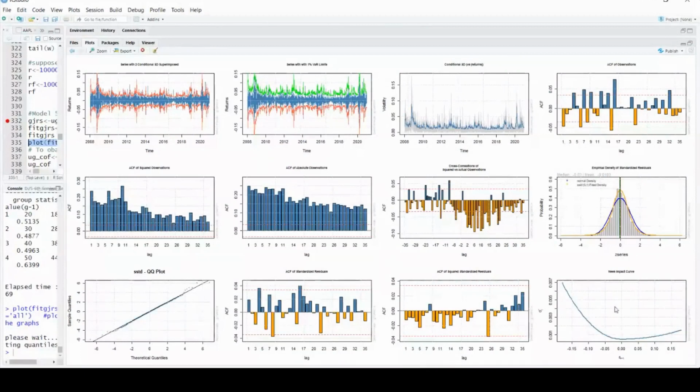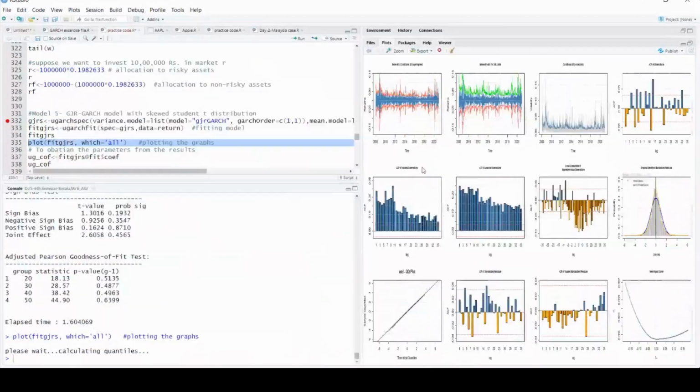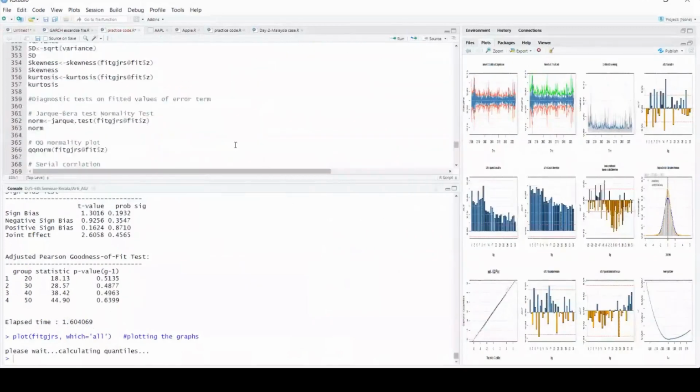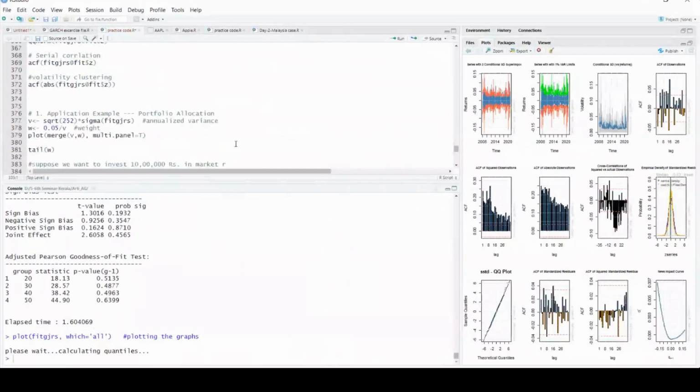That means the volatility in the market is so sharp at the time when the bad news hits the market. Then the market is rising. You can see when the volatility is rising, it is very gradual in comparison to when it is falling. When the market is falling, the volatility is much higher in comparison to the rising market. I hope I have made it clear to all of you, right? And then the rest of the things are the same.